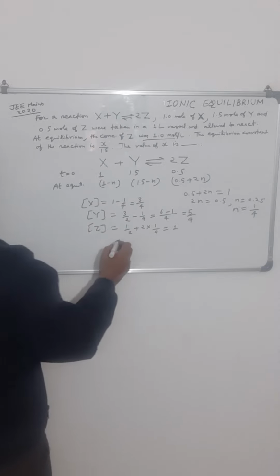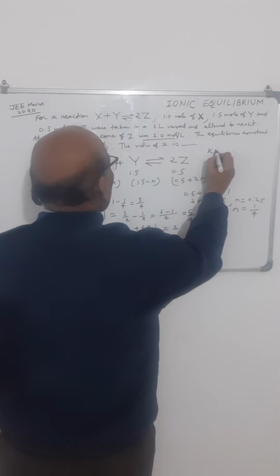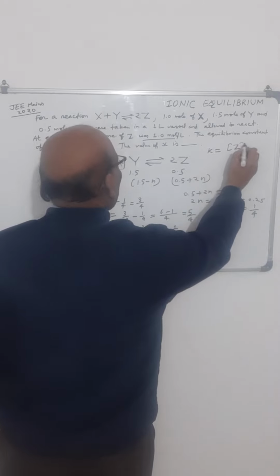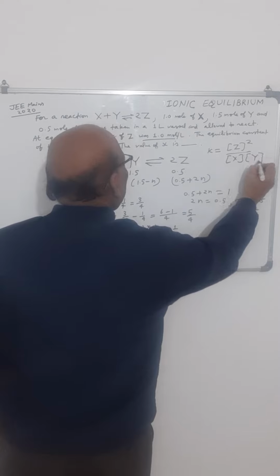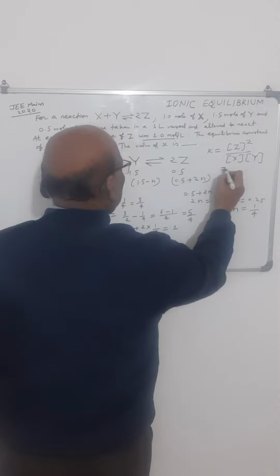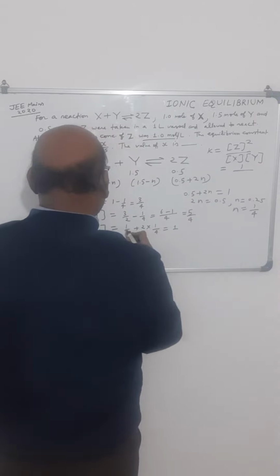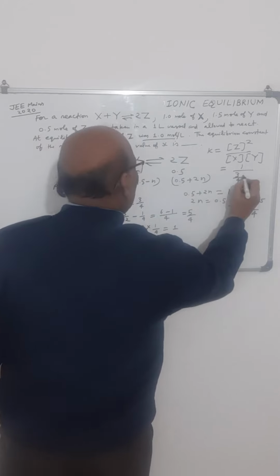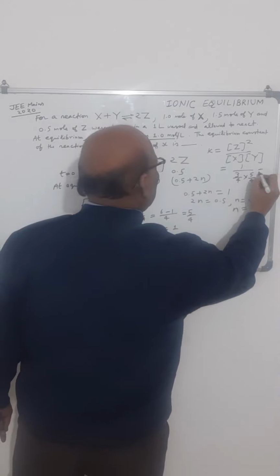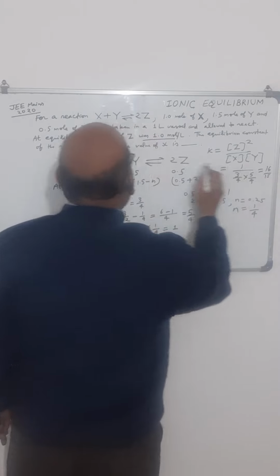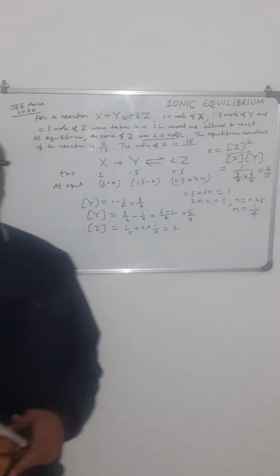तो अब हम इक्विलिब्रियम कांस्टेंट निकाल सकते हैं. Equilibrium constant of this reaction is nothing but K equal to concentration of Z squared upon X into Y at equilibrium. All are the equilibrium concentrations. तो Z की जगह हम रख देंगे 1 square, that is 1 upon X. X is 3 by 4 and Y is 5 by 4. So this will be 16 by 15. So our answer is 16 by 15. Thank you and wish you all the best.